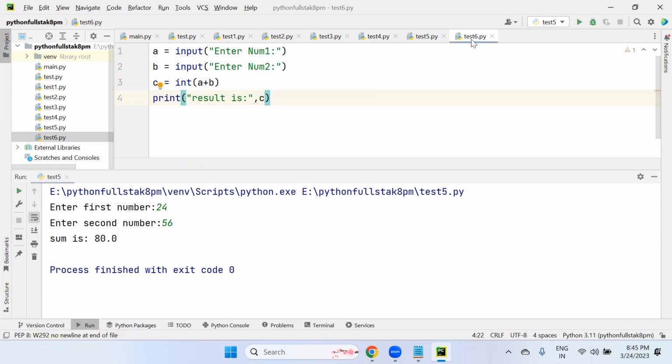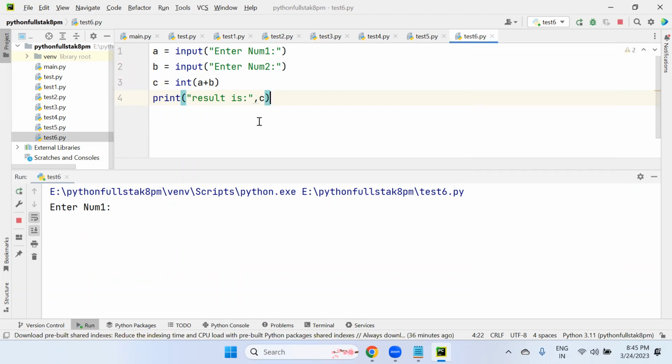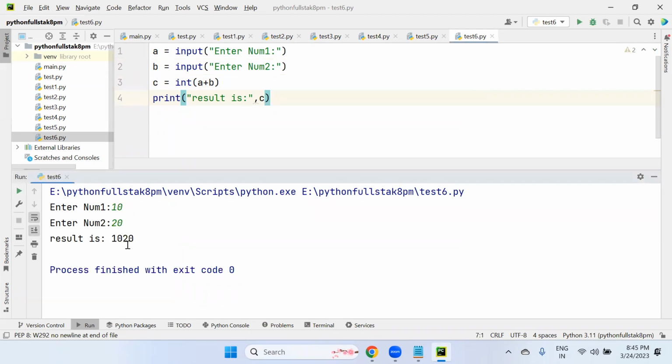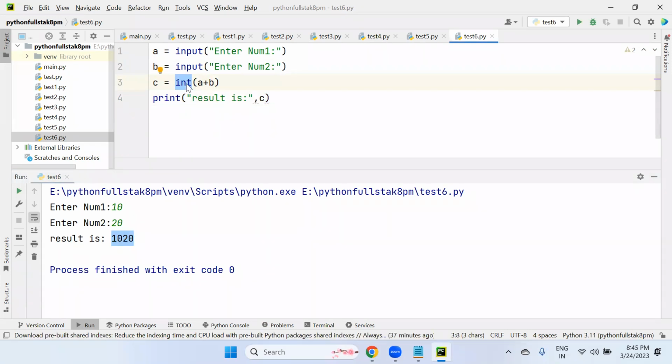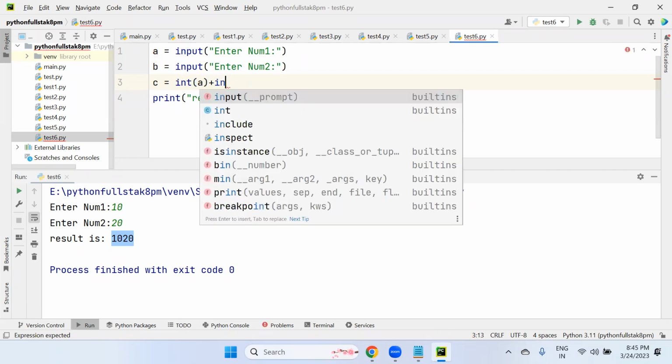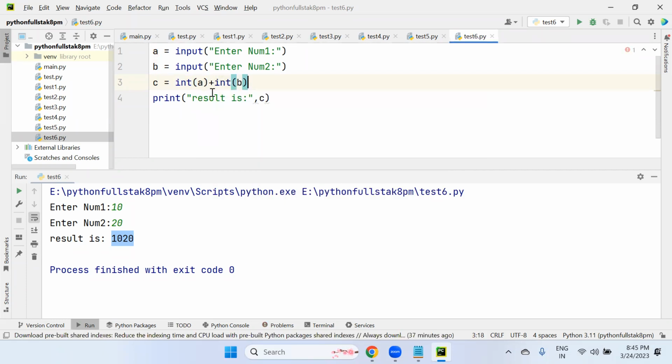So let's run this now. We are converting that result value into integer. I'm adding 10 and 20. Now you can see the result is 1020. Is that converted to integer? No. Why? Because these two strings were already added here, this is string addition. So let's try with int of a plus int of b.